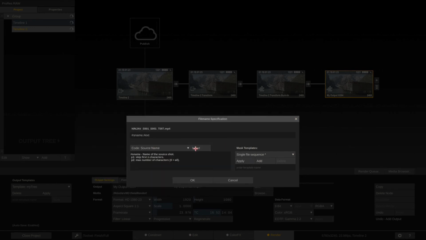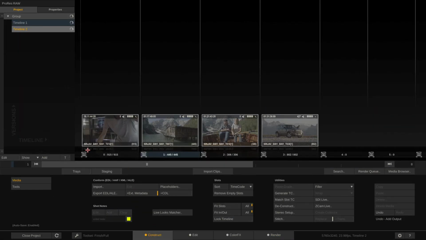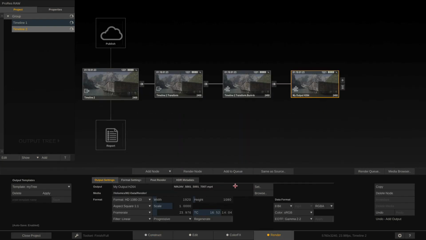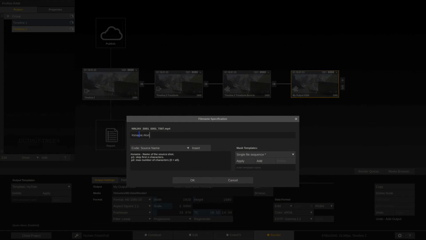Now the source name changes from clip to clip, right? So we have take 14 here, take 7 here, take 18 here, and 38 here. The source name obviously changes from clip to clip, and if you use that for your output file naming here, so will the output file name also change from clip to clip, and hence force Scratch to render separate files,